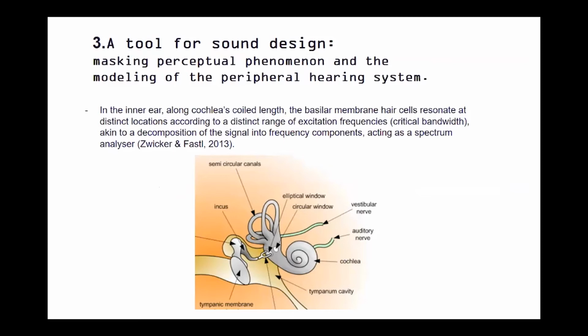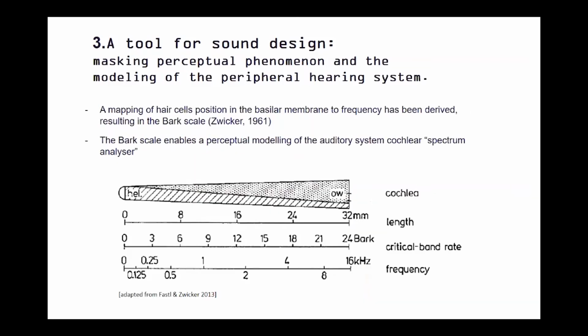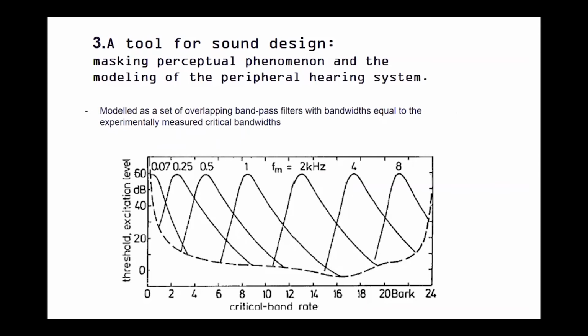Research has demonstrated that different parts of the cochlear hair cells on the basilar membrane resonate at particular different frequencies of excitation. So a Bark scale has been developed, which maps these positions in the basilar membrane here. It has 32 millimeter length, and maps them to frequencies of the stimulus. This works as a spectrum analyzer, a series of bandpass filters, which can be